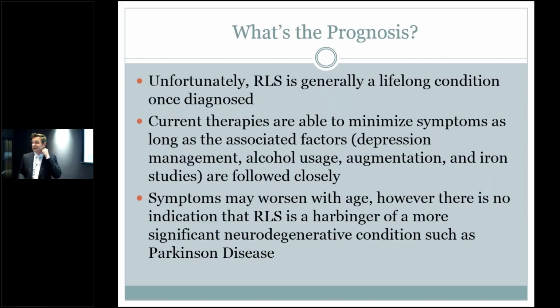So what's the prognosis? Unfortunately, it's a lifelong condition once it's diagnosed, and we're seeing it diagnosed in younger people quite frequently. Teenagers tend to have it crop up a lot, and they call it either growing pains, or they get improperly diagnosed with something like Osgood-Schlatter's, and in reality, they're having RLS type symptoms. And these patients will deal with this all their life. It tends to worsen as you get older because you've tried meds, and it is a progressive degenerative condition.